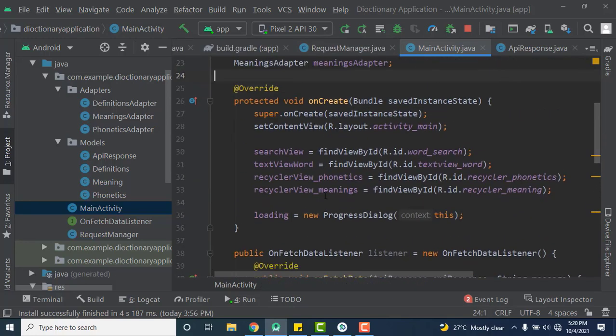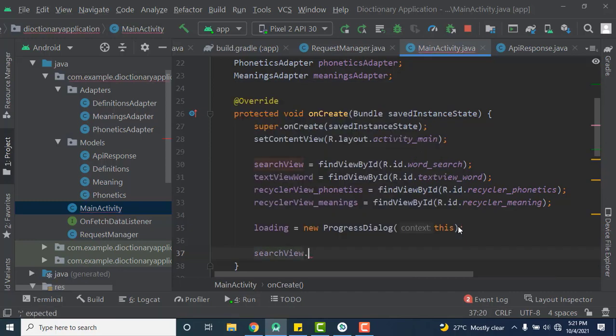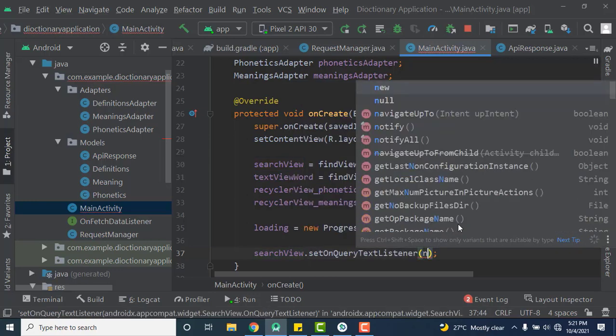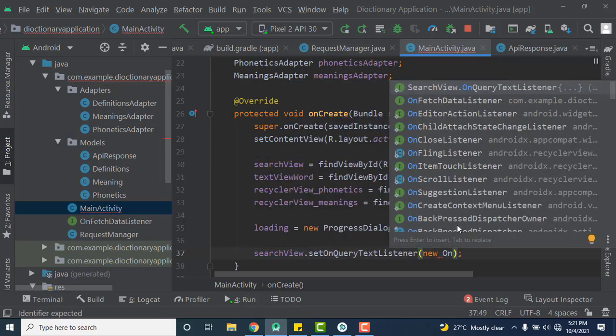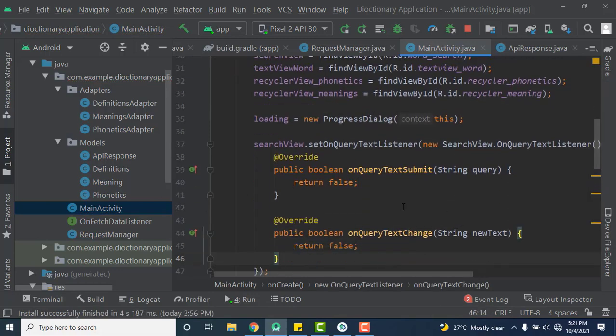For us to get the word from the user, we need to write the search view like this. On the onCreate, we are going to say search view dot set onQuery text listener, new onQuery text listener. Then on this on query submit, we set